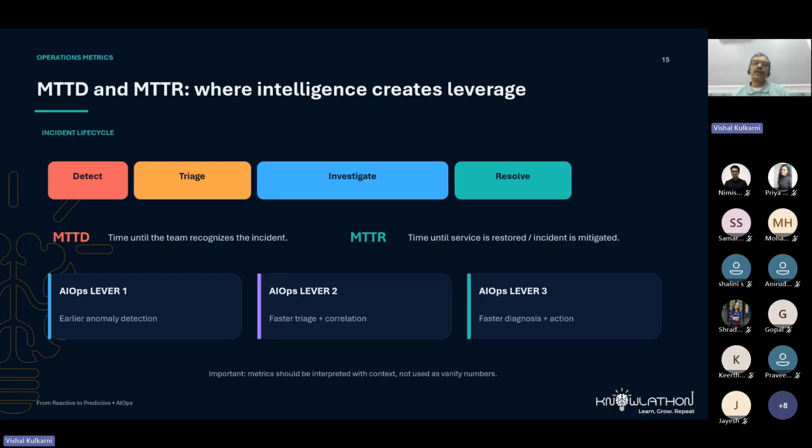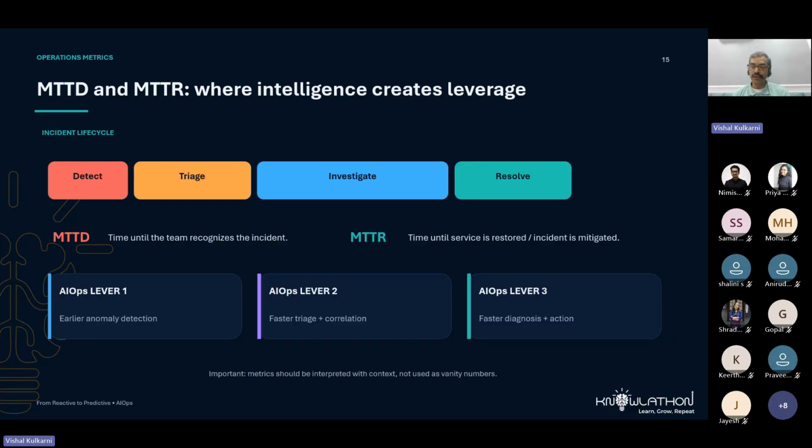The typical incident life cycle we have seen is detect, triage, investigate, and resolve, right? But we always forget about the MTTDs and MTTR. Typically, in new contexts, with AIOps coming into the picture, lever one is earlier anomaly detection. Lever two is faster triage and correlation, and lever three is all about faster diagnosis plus the actions which